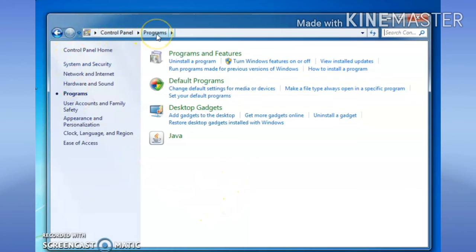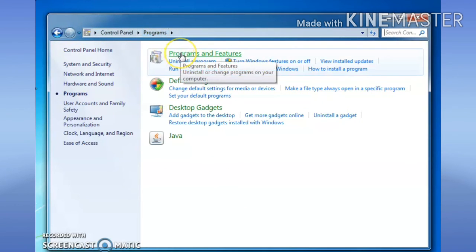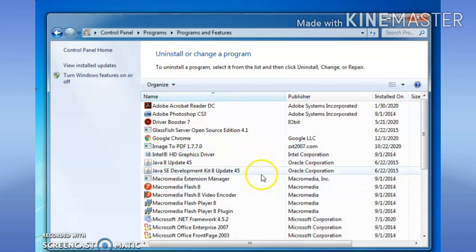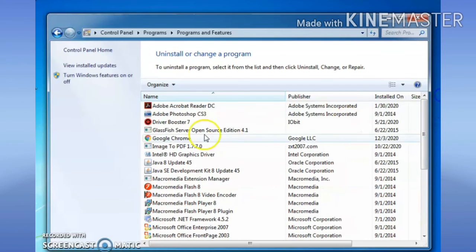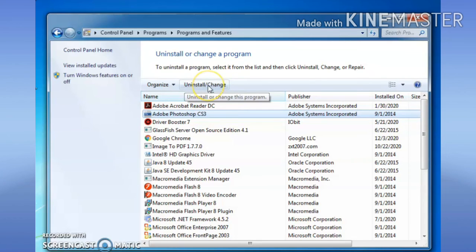First go to Control Panel, then Programs. After that click on Programs and Features. Here you can see different installed programs on your computer. Click on any program that you wish to uninstall. When you click on it, you can see the Uninstall or Change option appears above the list, so that the selected program will be uninstalled from your computer.